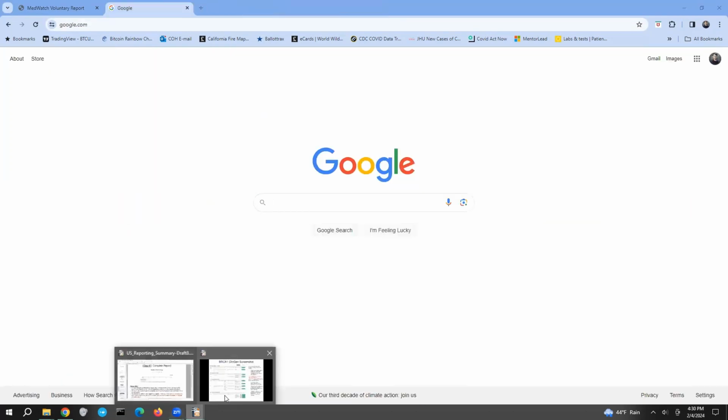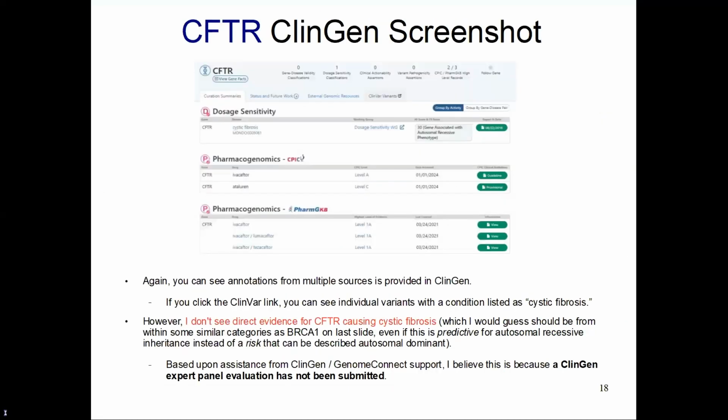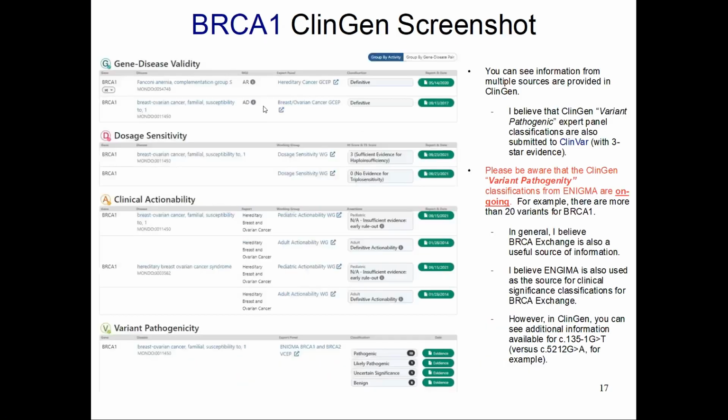Okay, so let's go to the next slide. CFTR is another gene. CFTR has variants that can cause cystic fibrosis in a recessive manner. Again, this shows you that there are multiple types of information communicated for a gene search in ClinGen. But one thing I hope you'll notice is that if you go to the previous slide,